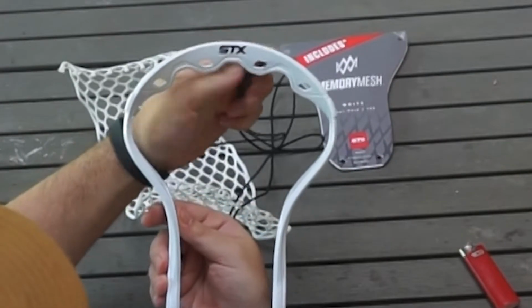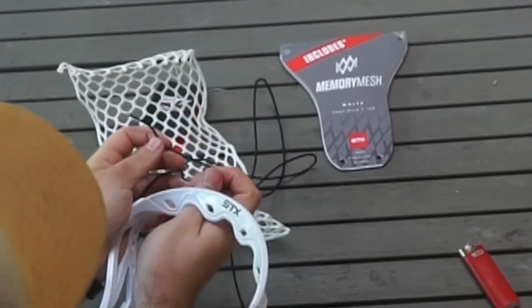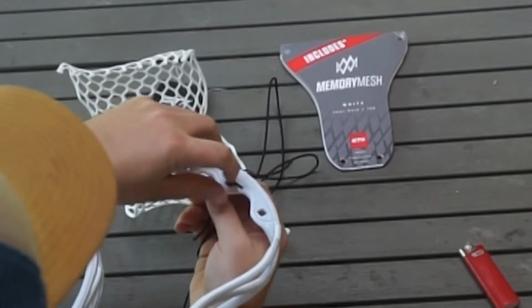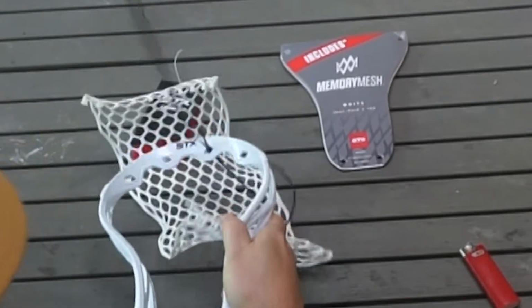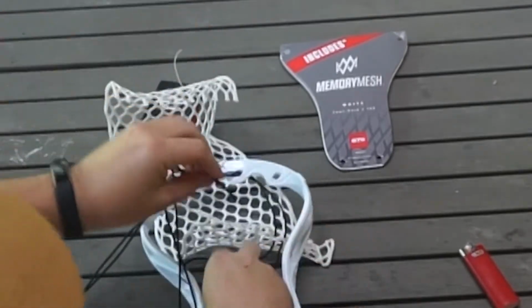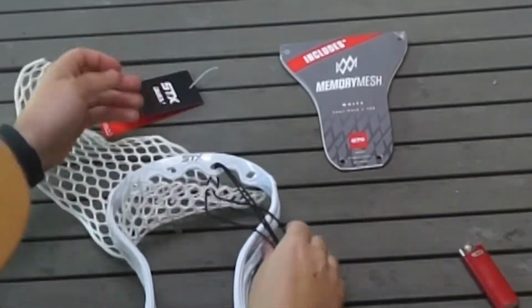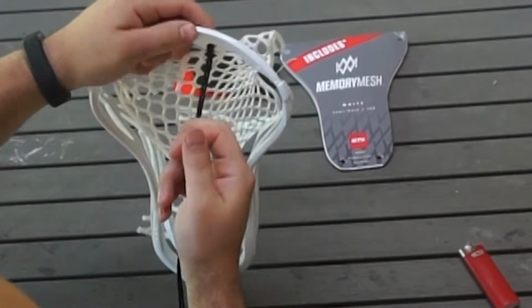Now we're gonna go both pieces through here, pulling it through, and then we're gonna go back through this loop. We started here. Going to form this nice little interlock,